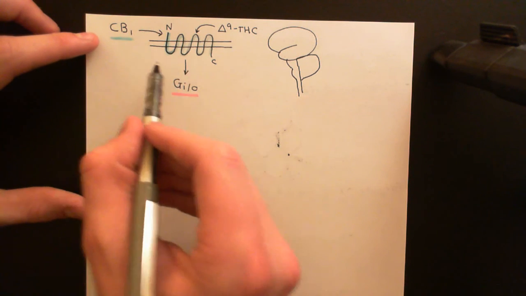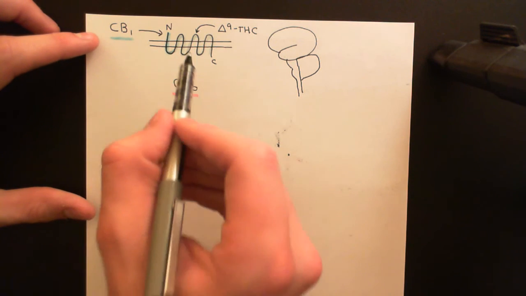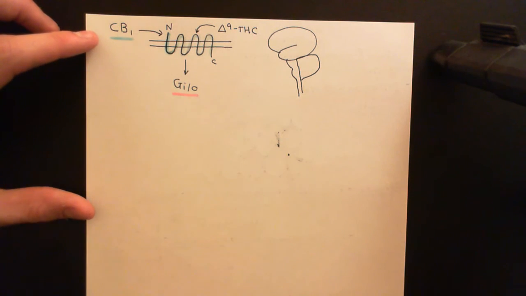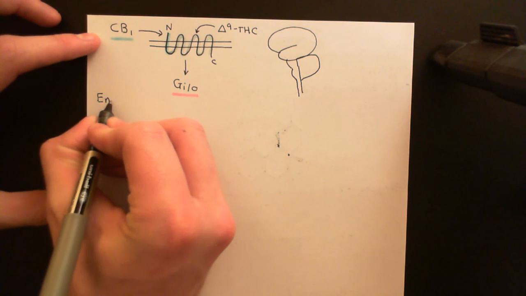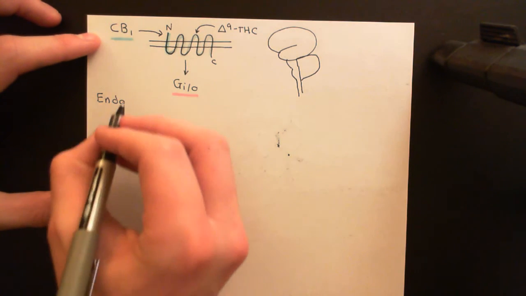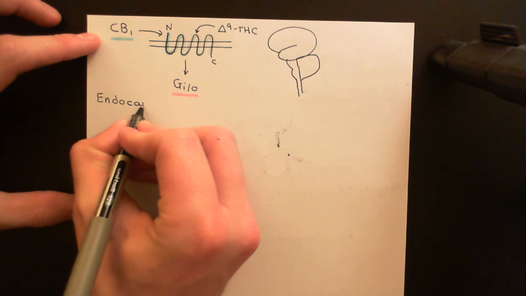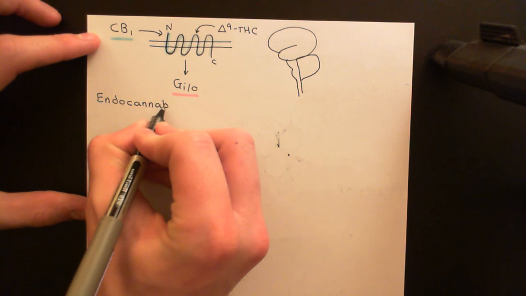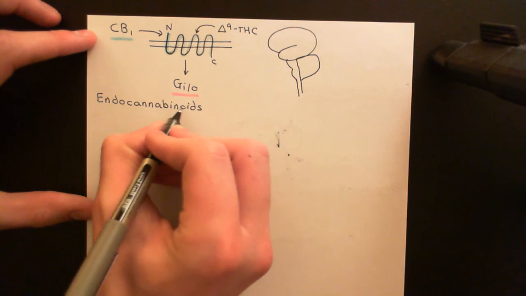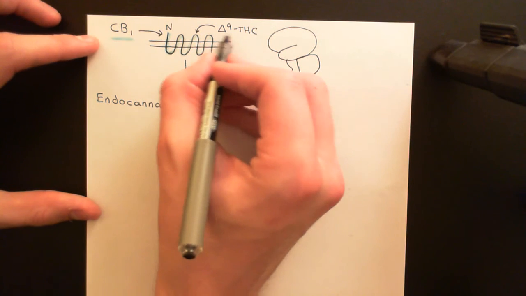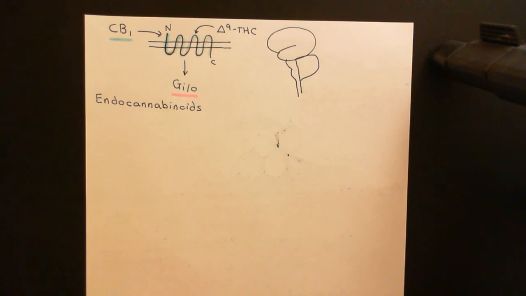What is the actual intended activating molecule for this receptor? Okay, and the intended molecules, the natural molecules which are meant to activate these receptors, are called endocannabinoids. Okay, molecules that are endogenous to the body which have an effect similar to the cannabinoid delta 9 tetrahydrocannabinol,